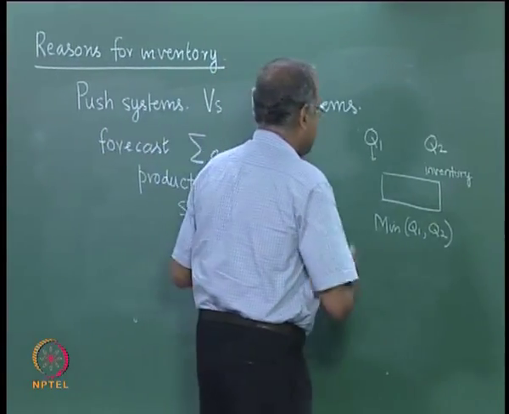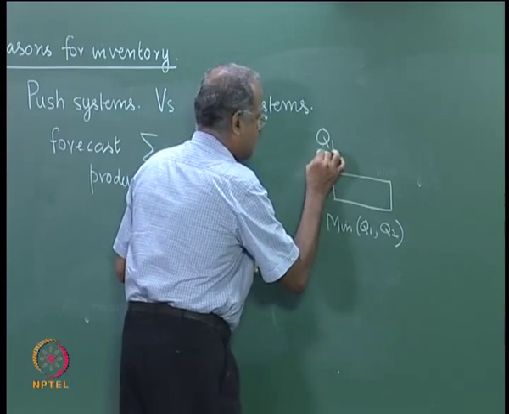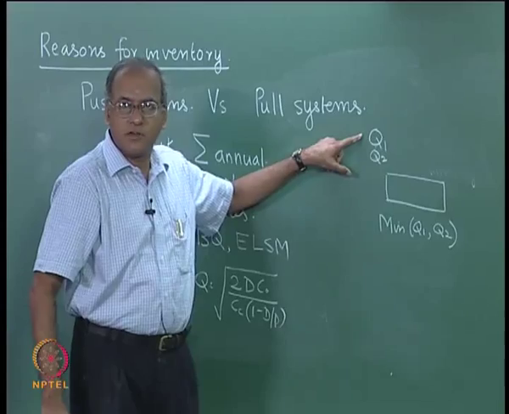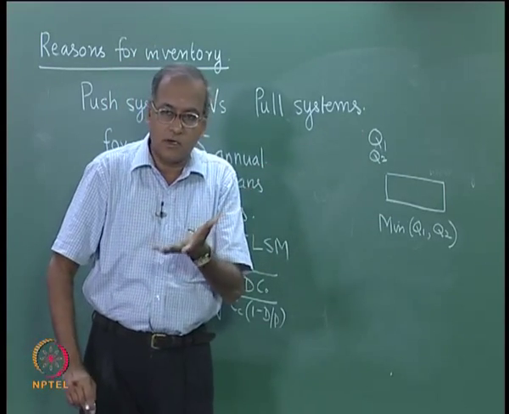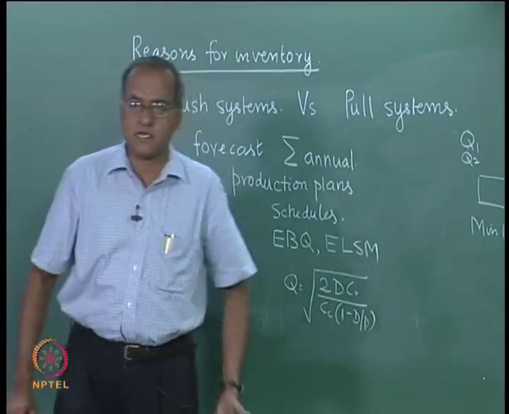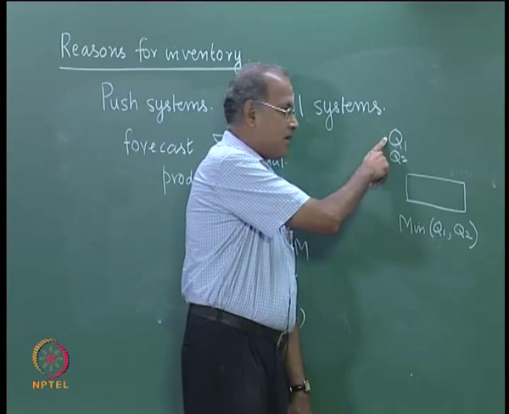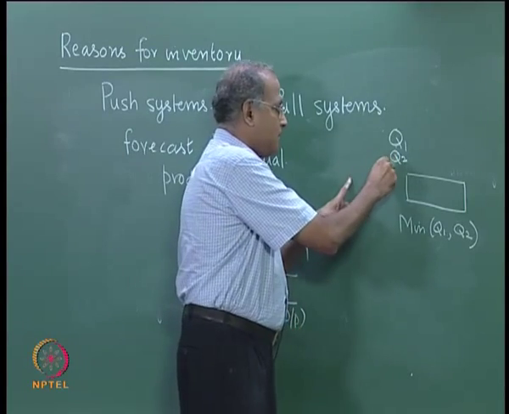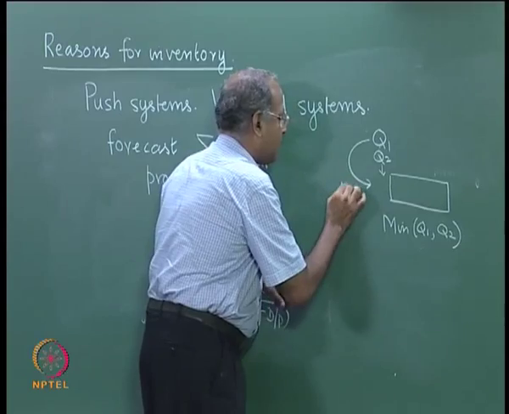Sometimes we could have situations where both Q1 and Q2 are produced by the same machine. So it will produce a large batch of Q1, because the layout was also more a process kind of layout with functional or department specialization. So this will produce a large quantity of Q1 and then keep it here, and then when it starts producing Q2, Q2 will feed directly, Q1 will feed from inventory,